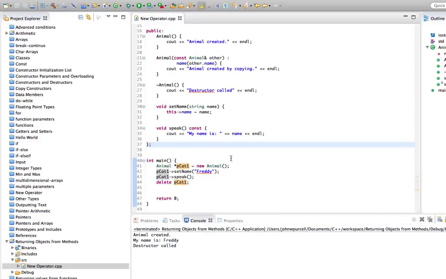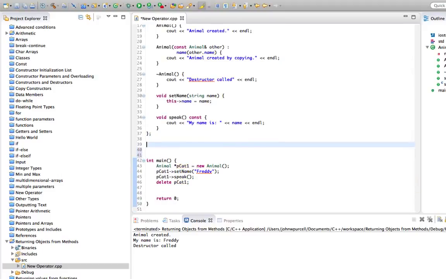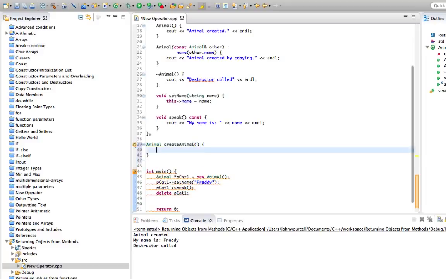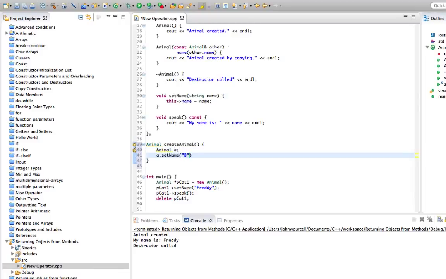So supposing you want to return an object from a method, and this is a common thing to do in C++, or let's say from a function. Of course, a method is just a function that's part of a class, but let's create a freestanding function here. I'm going to say Animal, let's call it createAnimal, and put the curly brackets in there. In there we could instantiate an animal object like this. Let's call it a, and a.setName Bertie,